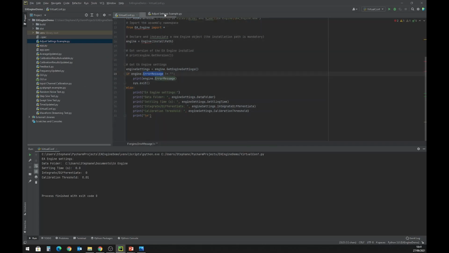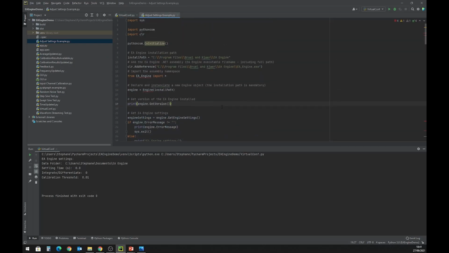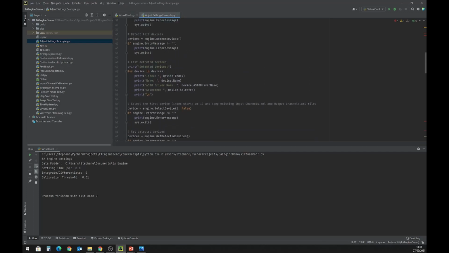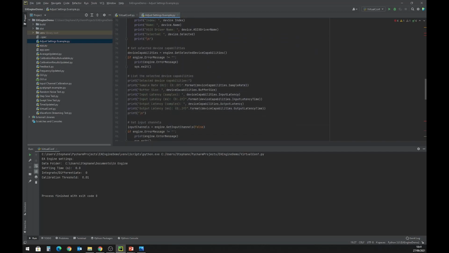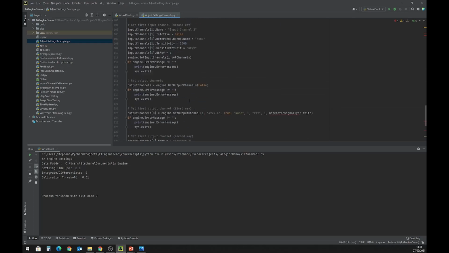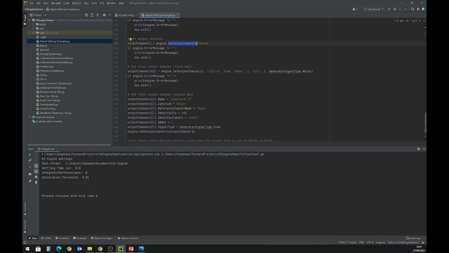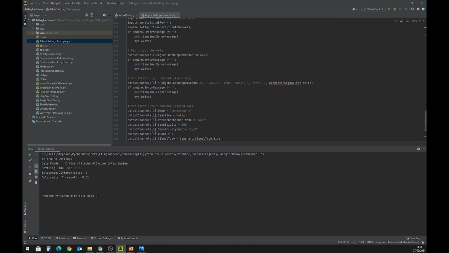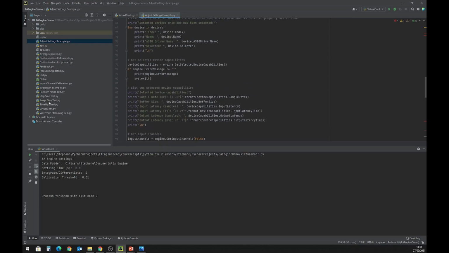A more complete example file has been created to show how to play with the detect device and select device commands, the input channels, how to get them, how to set them, the output channels, how to get them, how to set them, etc. And a small example in the end concerning the output channels random settings. Some other examples have been written to show how to perform some specific tasks. For example,